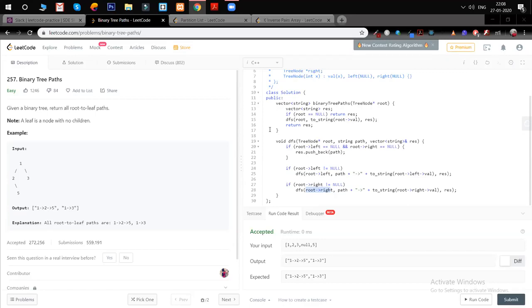I'm not starting from the leaf, I'm starting from the root only. It's just that whenever I reach a leaf node, I create a string out of it and then go back. Every time I'm calling DFS on the left node or right node, before moving on to the next level I push the current value into the stack, and once that level is done, I pop that value out. Okay, and then you build the string backward.